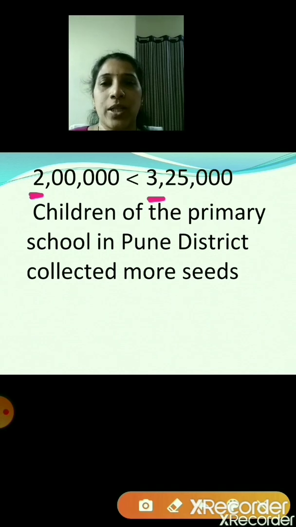So I hope students you're understanding how to write the statements of the word problem, right? So what we have done today, children, we saw about the bigger and the smaller numbers, how we have to compare the bigger number and the smaller number. First we took only the numbers and then we solved the word problems based upon it.